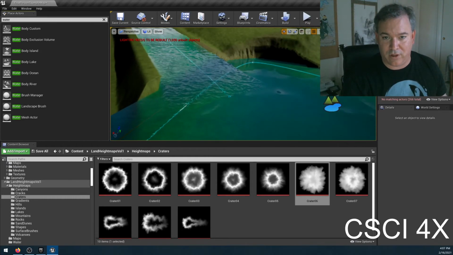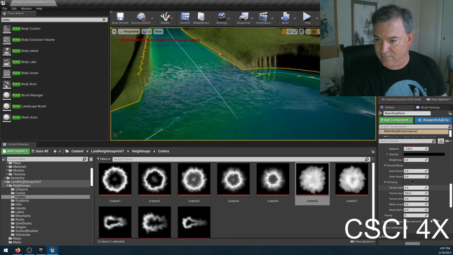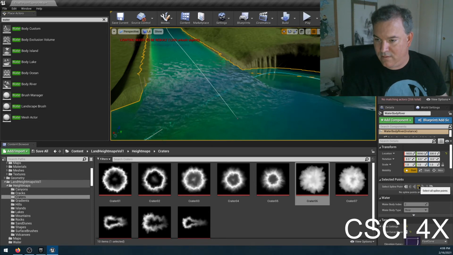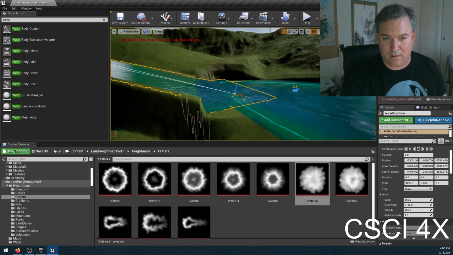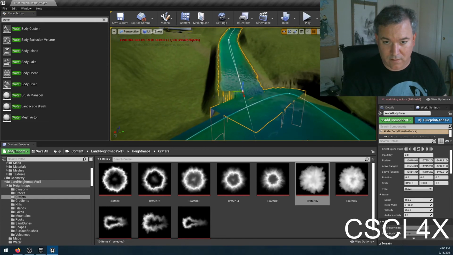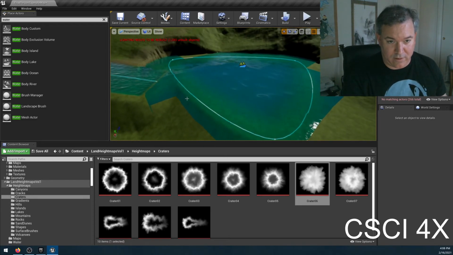So the water system does a pretty good job blending the water together, but I would still probably mess with this a little bit. Probably slow down the water at the very end here. Maybe just push it back up. That looks pretty good. That edge there is garbage, so